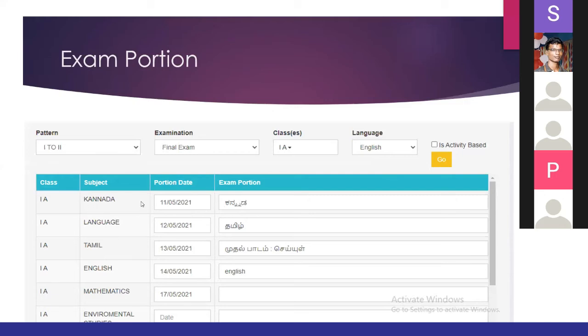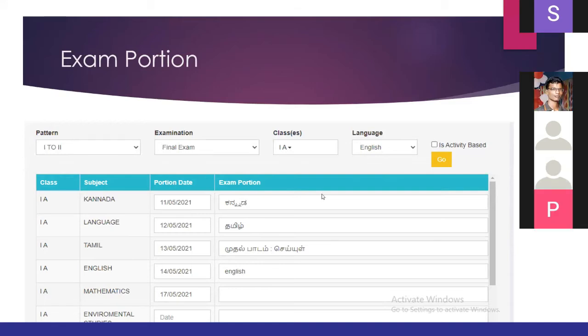I typed here Kannada, Tamil, and Tamil again, and English. In the language section, you can select any kind of language and type the exam portion. Once you save the exam portion, like the timetable, it will reflect in the student mobile app as well as the student portal. Also, you can send it to the parents through communication methods like SMS.